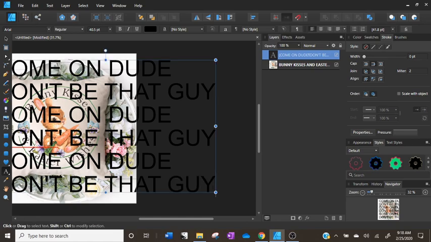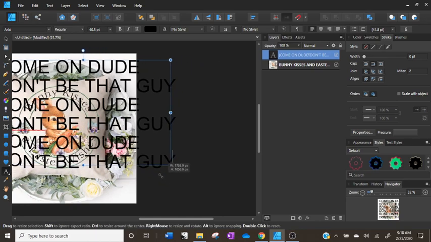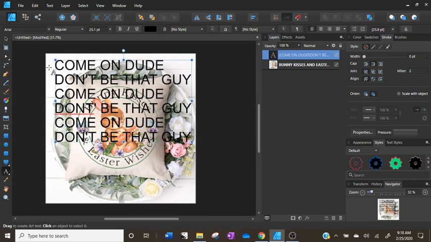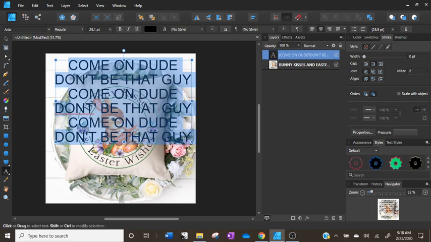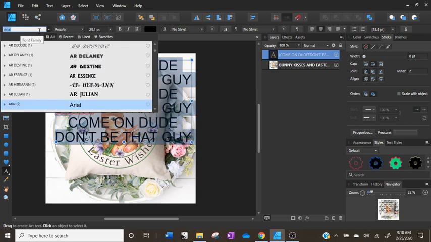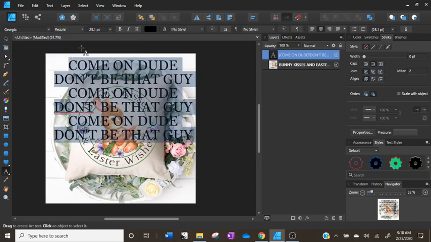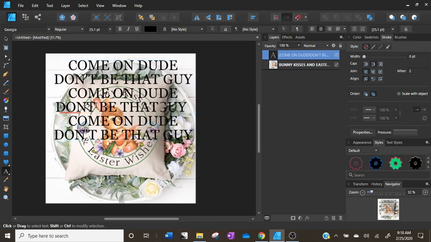Now, obviously, this is a bit bigger than we need, so I'm going to just drag this over like that. And I'll go ahead and center this using my Align Center tool as well. I'm going to change the font because I don't really care for Arial, but honestly with a mock-up, there's no right or wrong way to do it. The goal is just to create a disruptive layer, so to speak, that makes it difficult for someone to steal